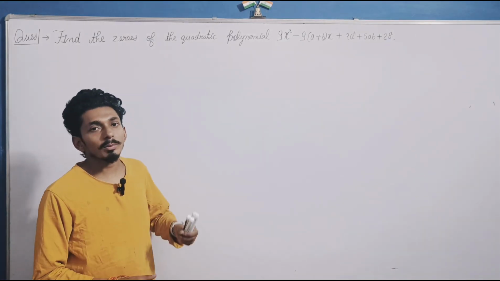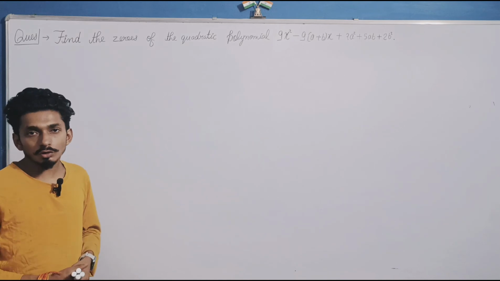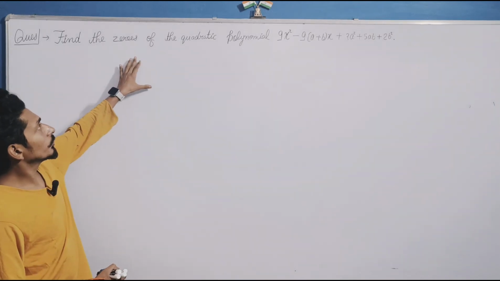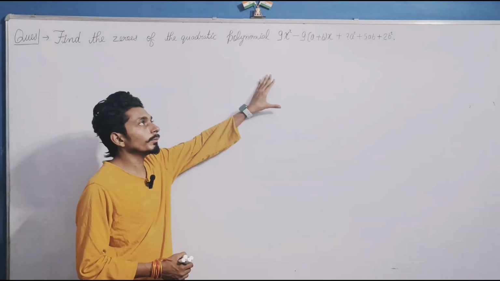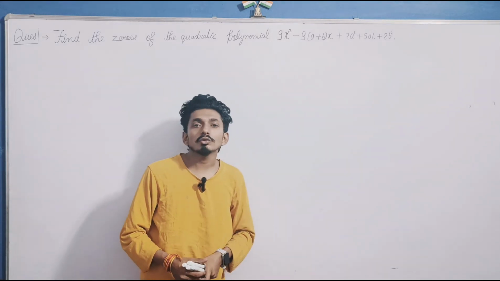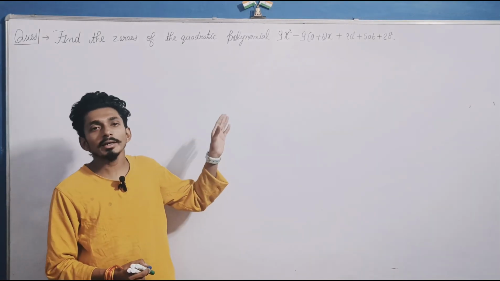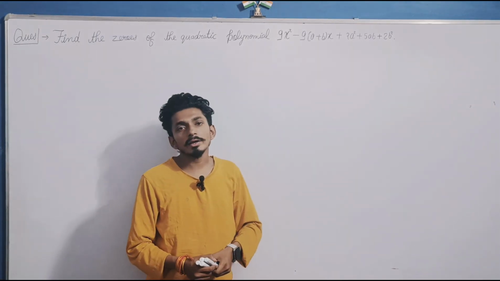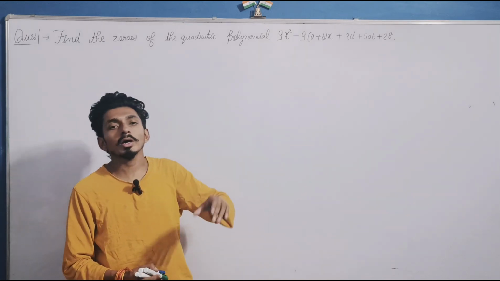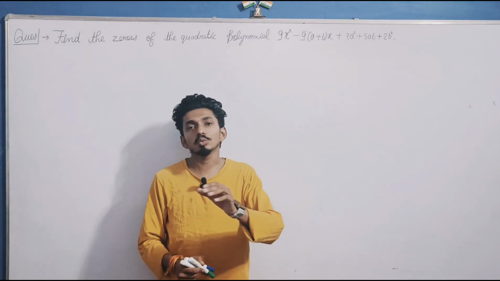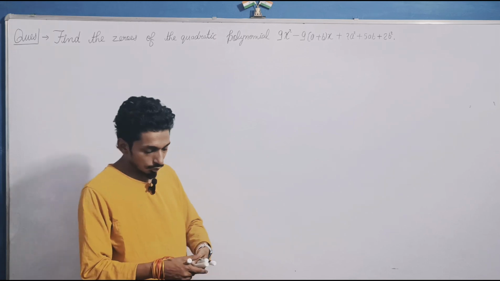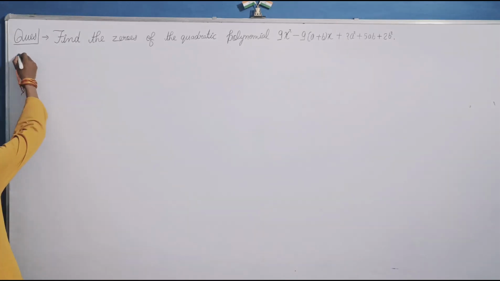Today we will discuss the solution of this question. Find the zeros of the quadratic polynomial 9x square minus 9 into (a plus b) into x plus 2a square plus 5ab plus 2b square. Okay, so in the solution,